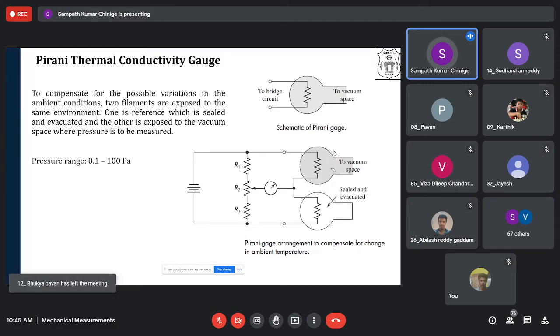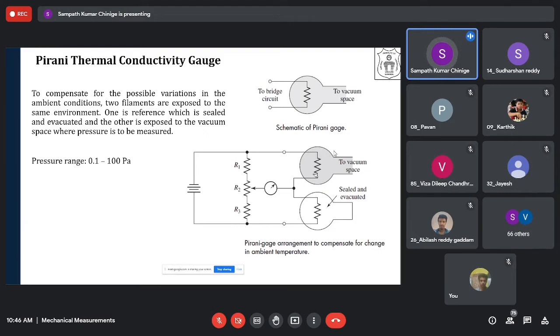Now we are allowing the vacuum. We are trying to take out the air or anything from that system, so evacuating the system, and the pressure is getting lowered and lowered. Depending on that, your resistance is varying, and that is basically what we are trying to find out. And the resistance variation we are trying to relate with the vacuum pressure. So that is what we call the Pirani thermal conductivity gauge. Based on the conductivity principle, we are trying to find out the pressure.